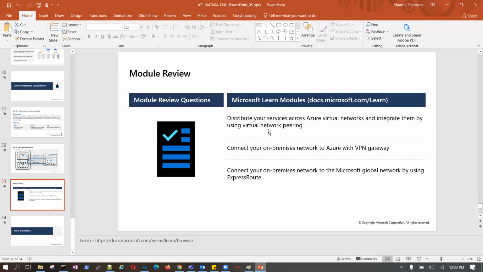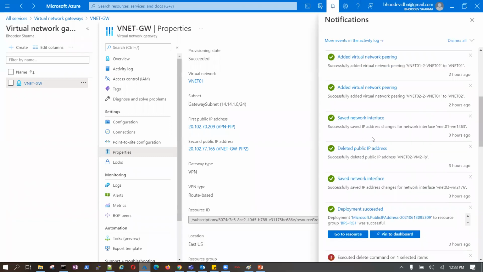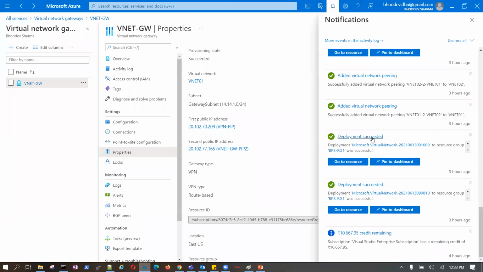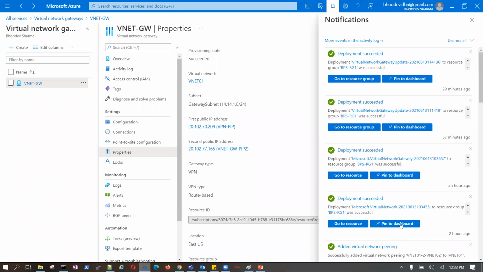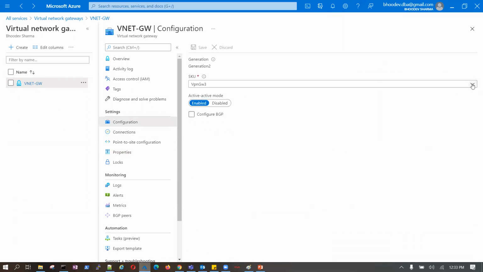Now this becomes the last distributive service, so this is again a review session. Let me go back to our resources and look at any price notification today. In the morning, 4 hours ago, 10,667.95 credit was remaining. Now we have certain resources deployed here: VPN gateway, local gateway, and connections we have increased.